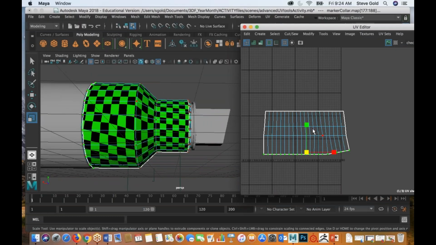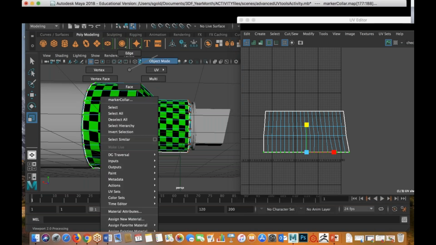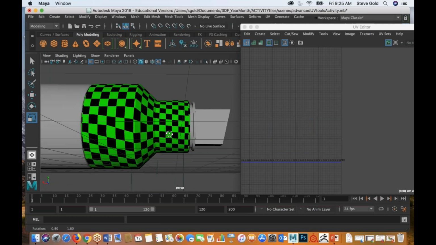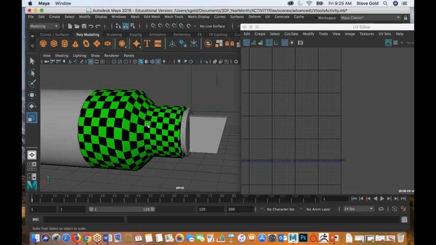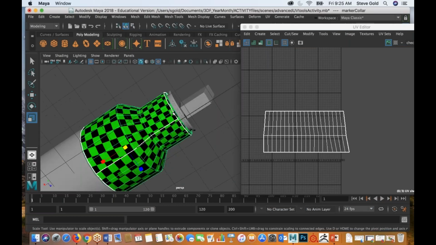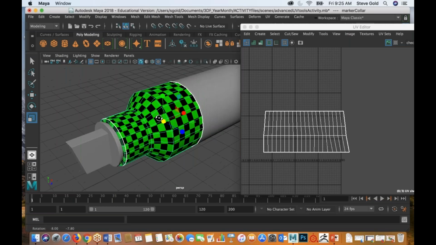Grab these guys, square them up, flatten them out. And you can see this is improving. It's still not great, but way better than it was a minute ago. All right. So now my UV layout is improving. Not bad. I got a little bit more work to do, but I have connected these things to each other neatly and smoothly. And my seam is on the bottom so that when my camera comes around for my TV